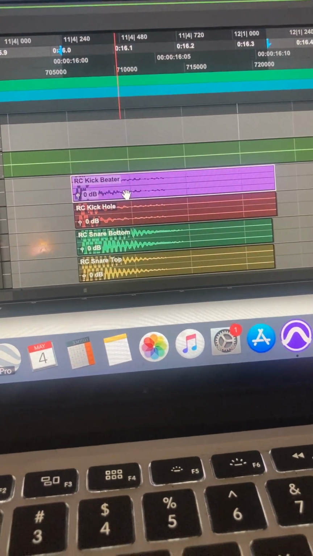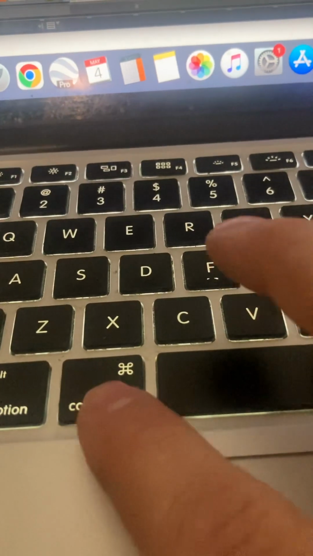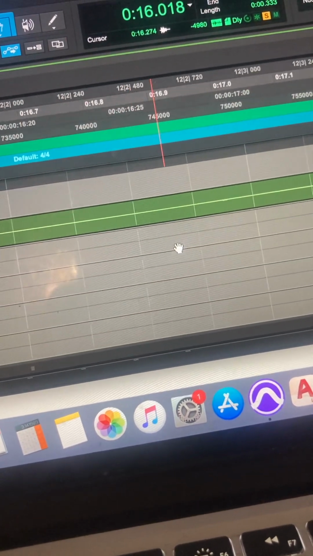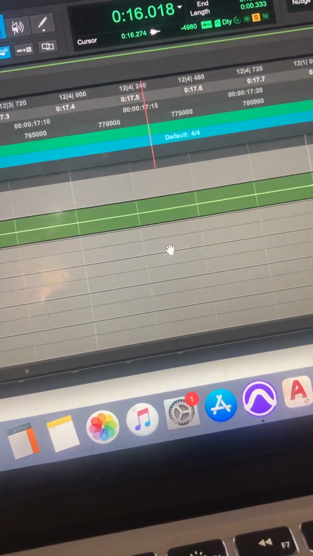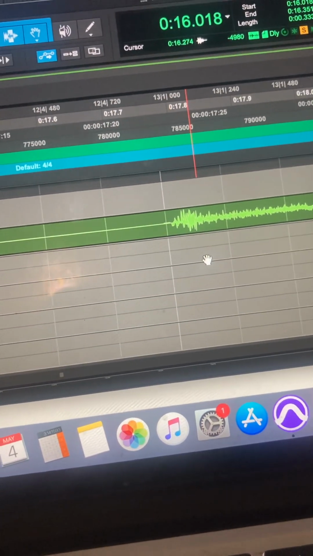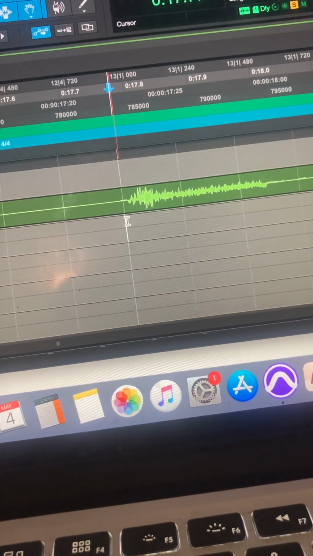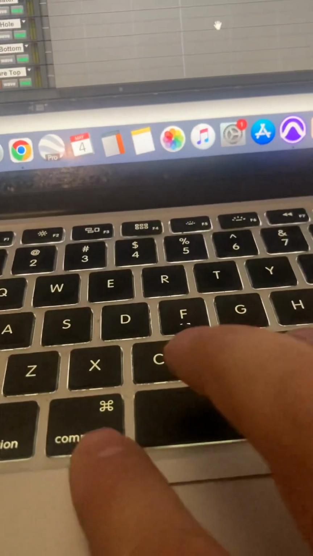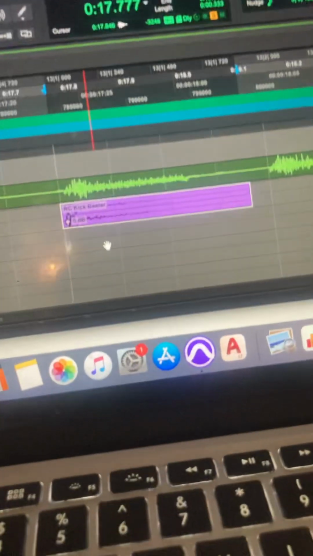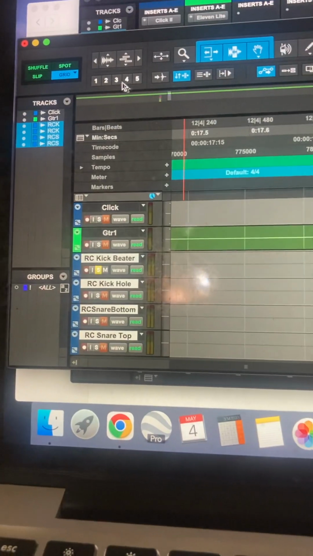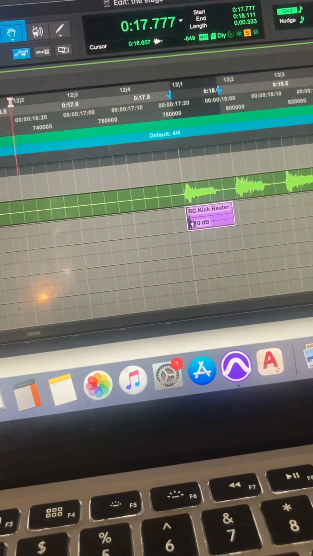So here's how I'm going to do it. I'm going to click this file, hold Apple and hit C. That copies the file. Now anywhere I go, if I find where the first guitar hit is that's going to have drums with it, I can click right on that line, hold Apple and hit paste, like that. And then the kick lines up with the guitar. Let me zoom out a smidge. And then when I hit play,